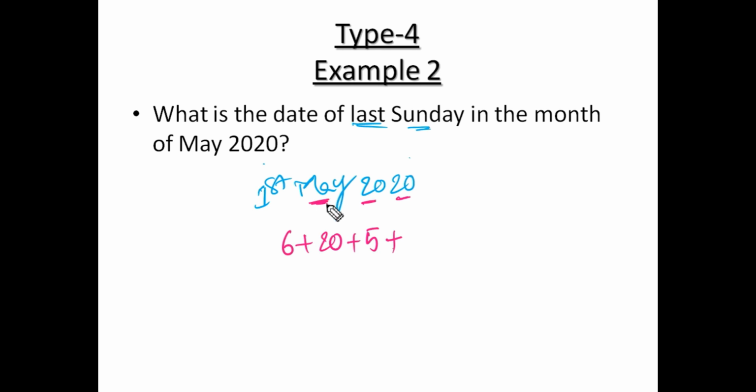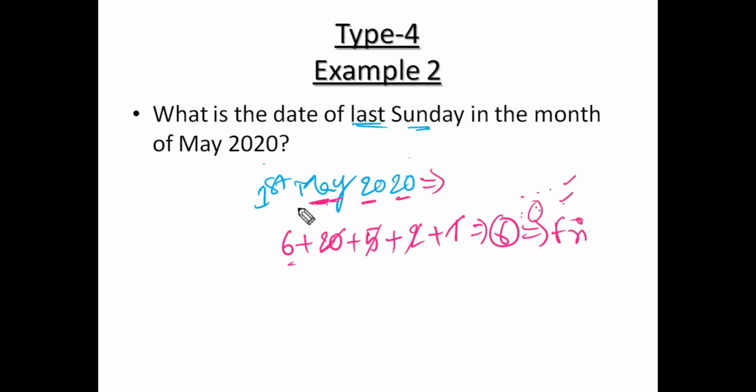Next, May. Jan, Feb, March, April, May. So 12 square, 5 square. In that 5 square, 0 to 5, May is 2. 2 plus how many odd days? Sorry, how many days? 1 day. So 20 plus 1 is 21. 5 plus 2 is 7. Remainder 6. So finally 6 is the remainder, which means it is Friday.